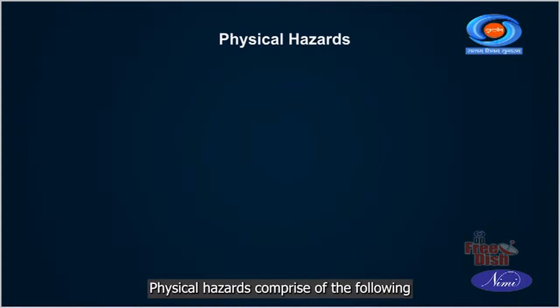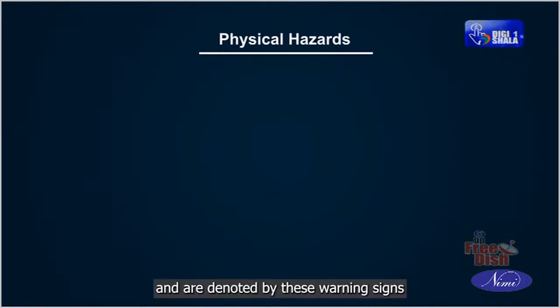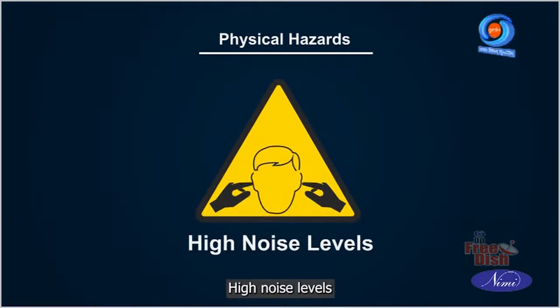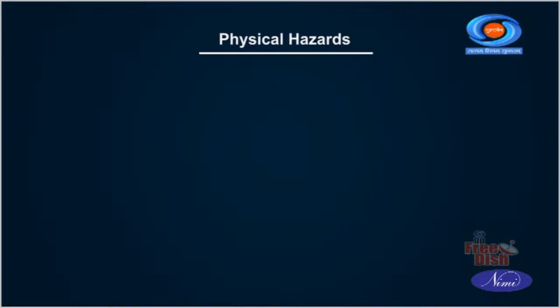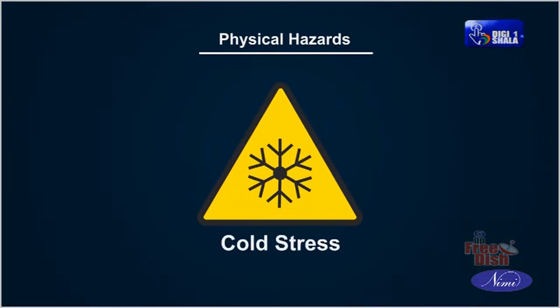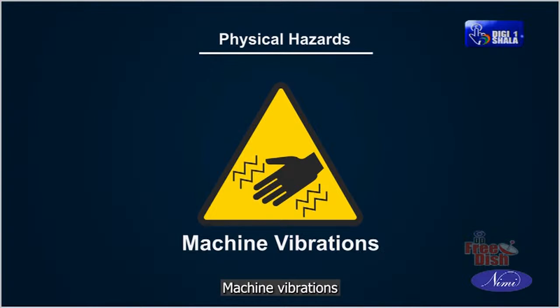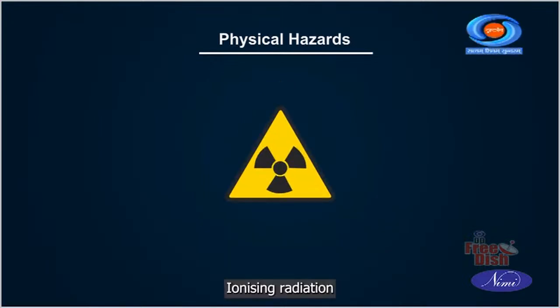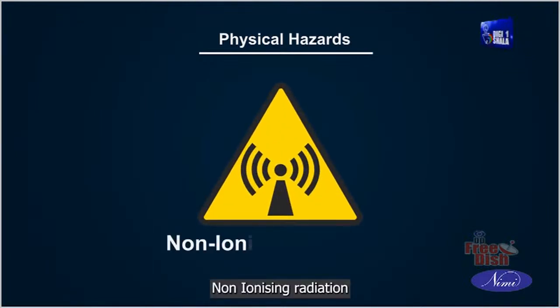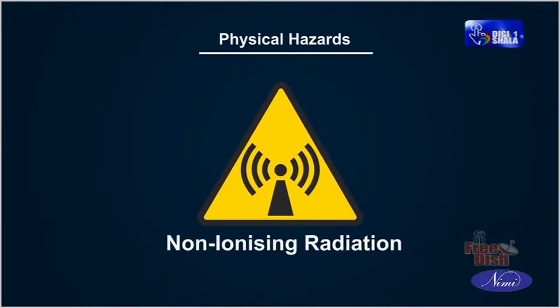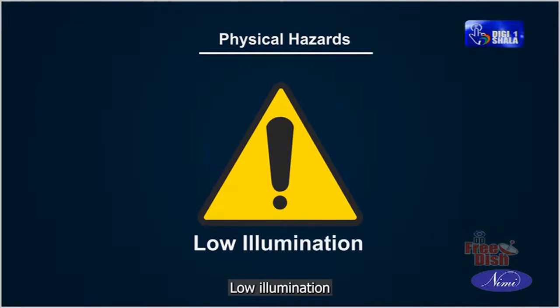Physical hazards comprise the following and are denoted by these warning signs: high noise levels, heat stress, cold stress, machine vibrations, ionizing radiation, non-ionizing radiation, low illumination,